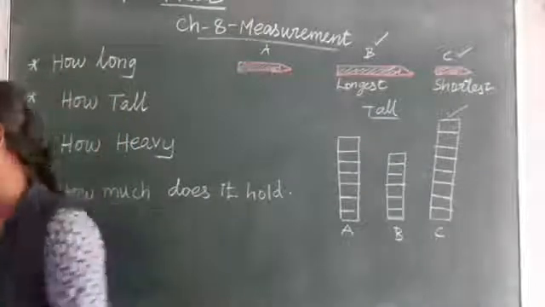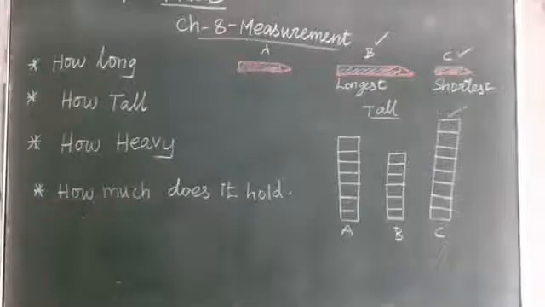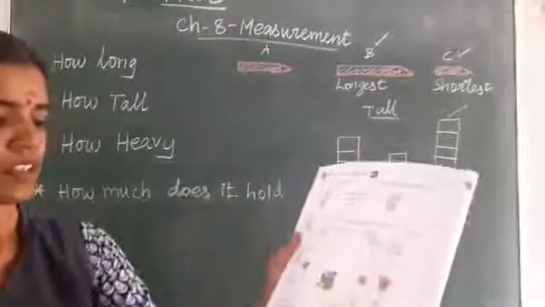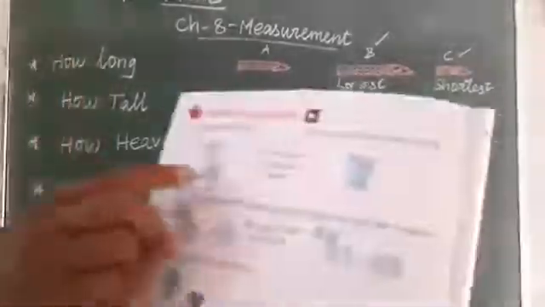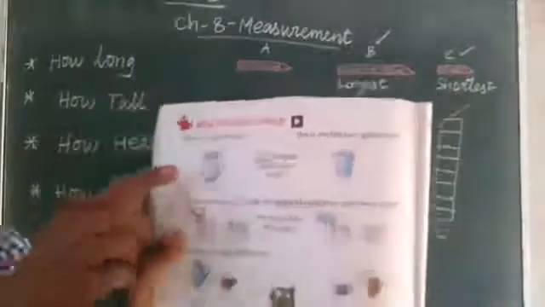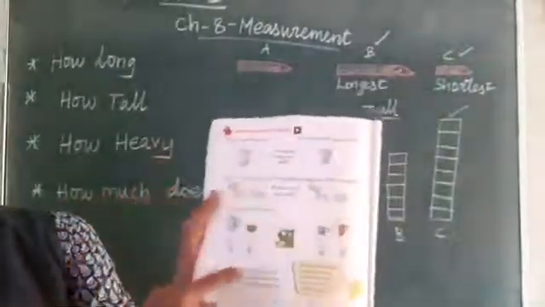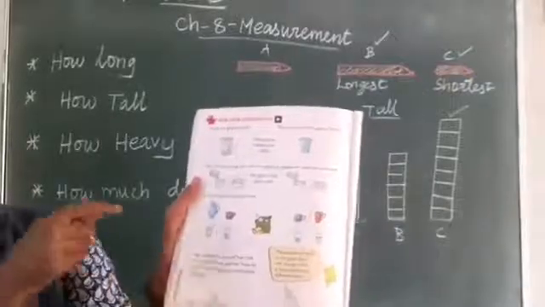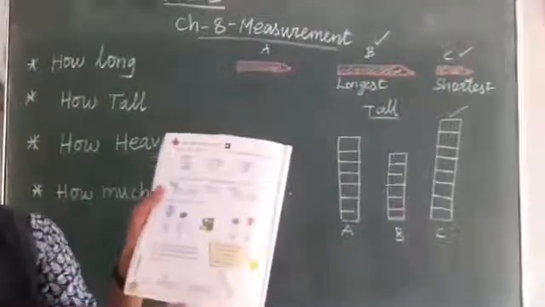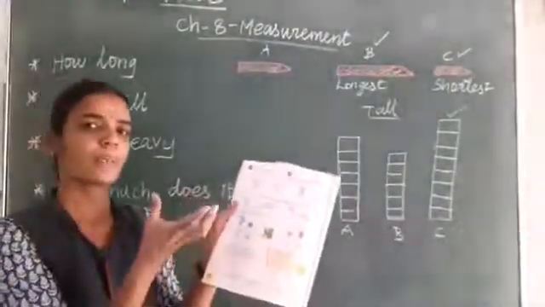In your book itself also, take your book, the same thing for how much does it hold. They compare that on page number 134. How much does it hold? Yes, these things only. Glasses of milk. You pour into the same measurement of bowl. Then which has the more capacity.